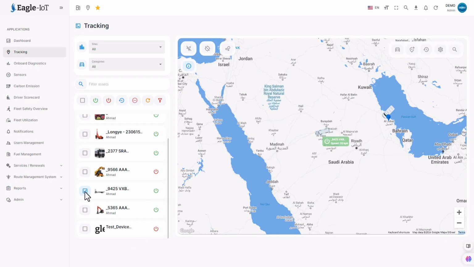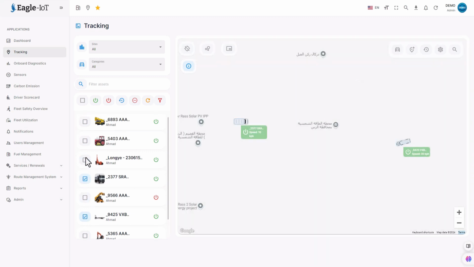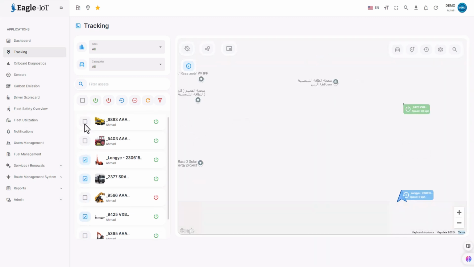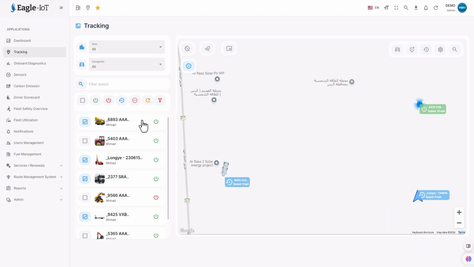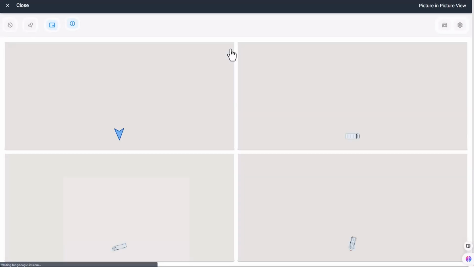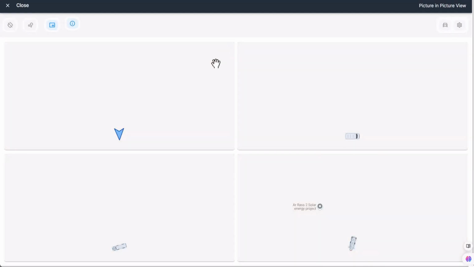Multi-vehicle tracking and picture-in-picture. For users tracking multiple vehicles across different locations, the system offers a convenient picture-in-picture feature. By selecting multiple vehicles, users can open each vehicle's tracking information in a separate window. This allows for simultaneous monitoring of vehicles in various regions. The picture-in-picture functionality supports up to 4 vehicles at a time, providing a flexible and efficient way to manage and